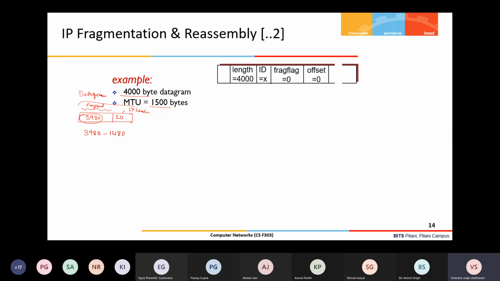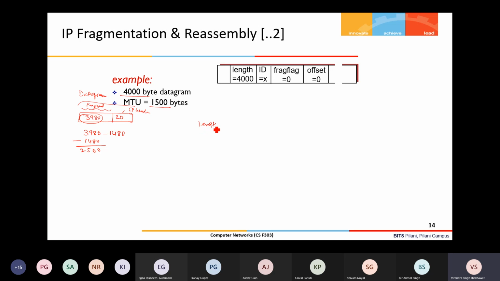After removing the 1480, how much will be left? 2500. So my first fragment length will be 1480.